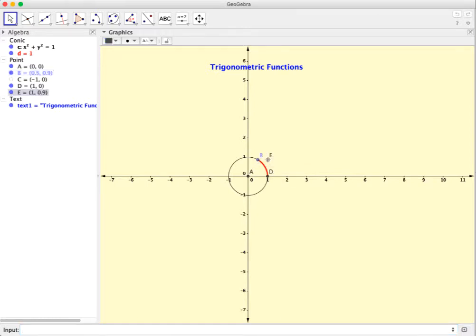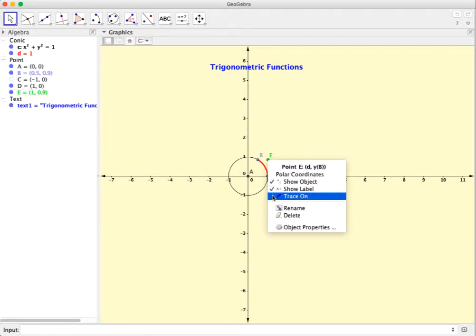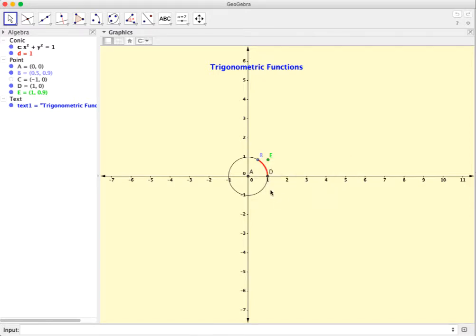So if I take the point E and, just for clarity, let's change its color to green, and also on right click, I select trace all. Guess what's going to happen now? If I move the point D along the circle, the point B which is moving around the unit circle, the point E is going to leave behind a trace, and that is, my dear, nothing but the graph of the